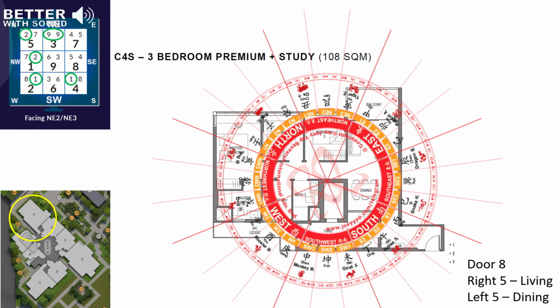Now is about designing the living spaces, right? So at the top left corner, what you can see is that there's green circles marked. So that's where we want to design the activities to be there, right? Because Feng Shui is no magic pill. It only aids your activities that you have planned to do. So this is at least for Unit 22, and which is the second unit in SORA that I will choose